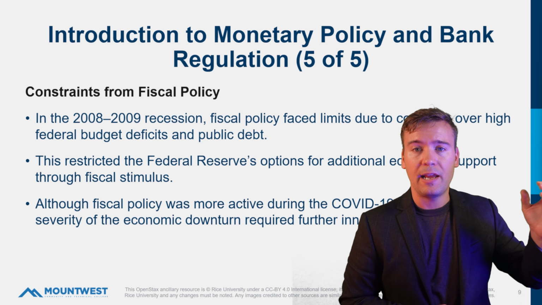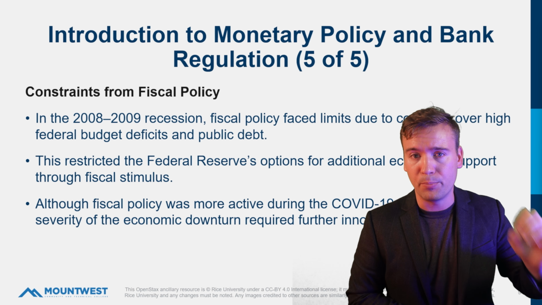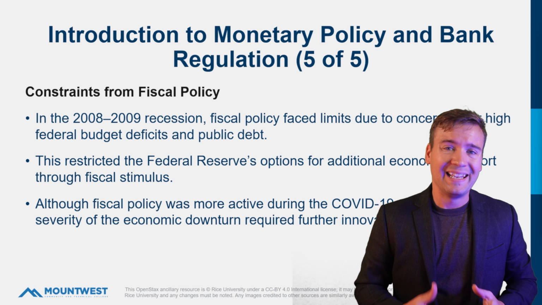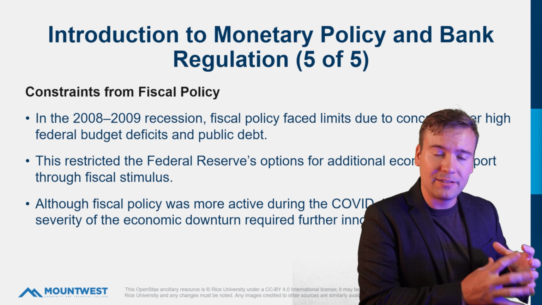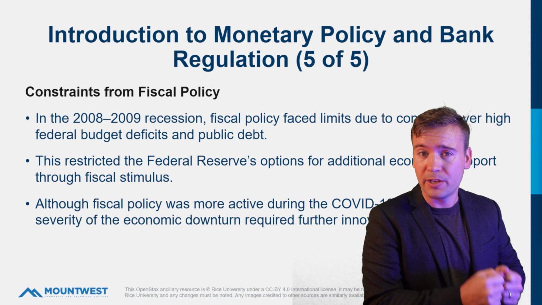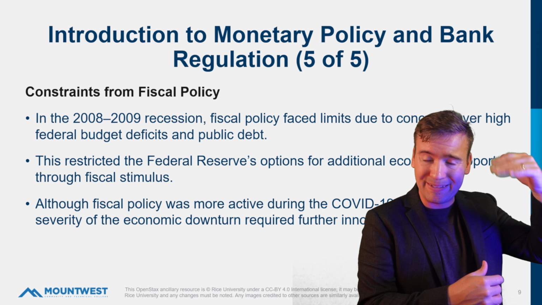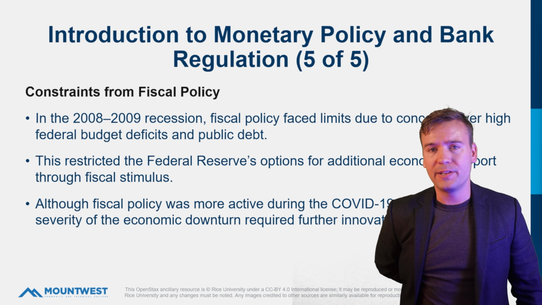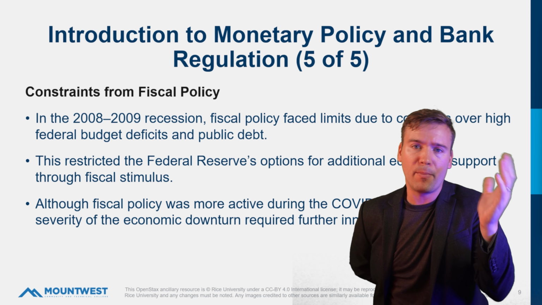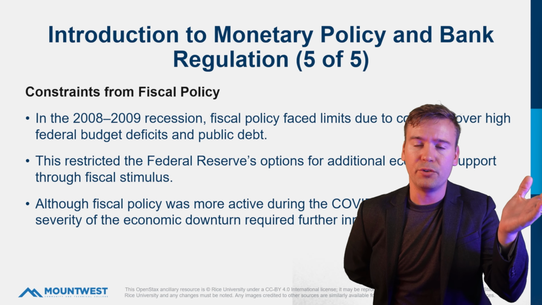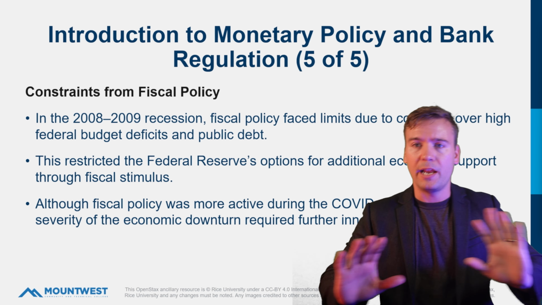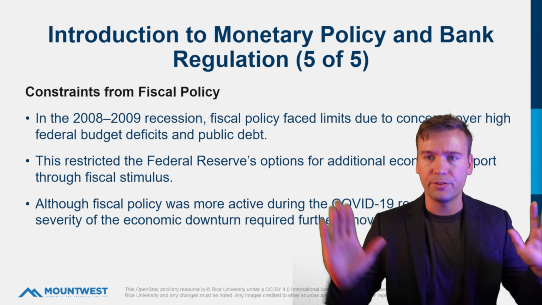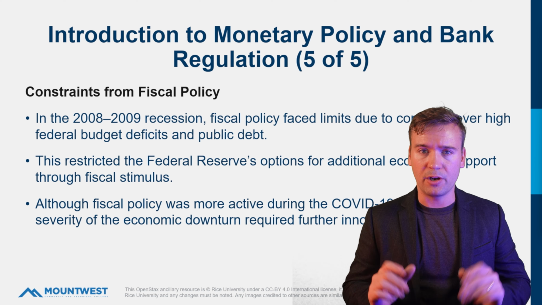The Fed had to do some additional economic support through their methodologies. So when the Congress won't do something because they're afraid of too much spending in the government, that kind of puts one hand behind your back. You don't have fiscal policy, so what do you have left? You've got monetary policy, and you've got the Fed who enacts monetary policy, and they do things in a very independent way, right? Fiscal policy and monetary policy, there's an invisible wall between the two that we try to keep.